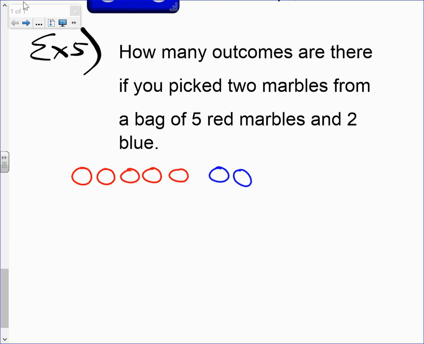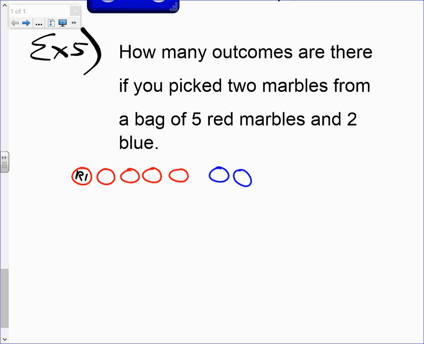You stick your hand in the bag. The bag has 5 red marbles, 2 blue. What are the possible outcomes of you picking 2? What are all the total possible outcomes? Let's see. I'll call this first red marble